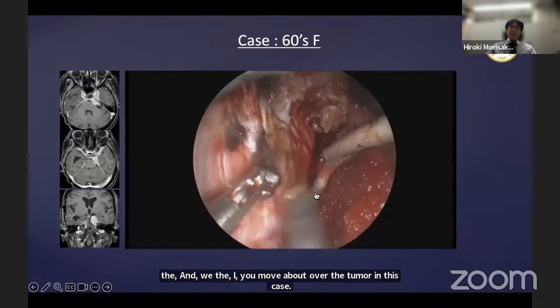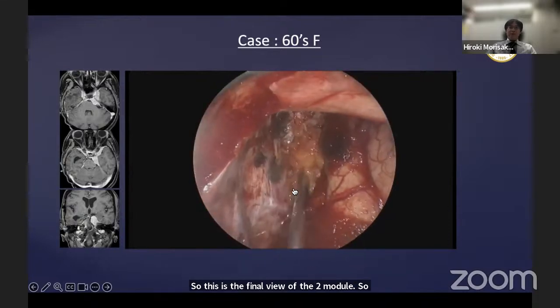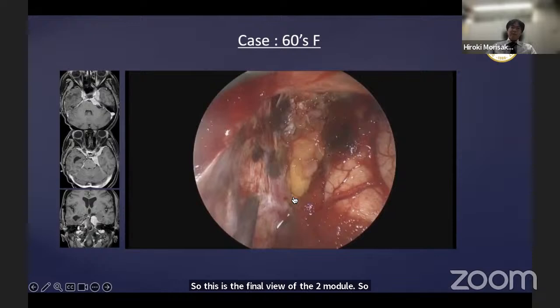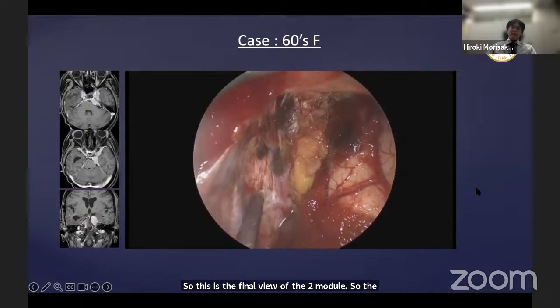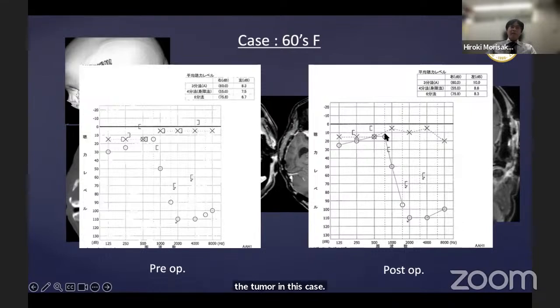So this is the final view of the tumor removal. We pack the fat tissue along the petrous bone and finish the operation. So this is the post-operative MR image. We could achieve the subtotal removal of the tumor in this case, and the post-operative hearing was completely preserved in